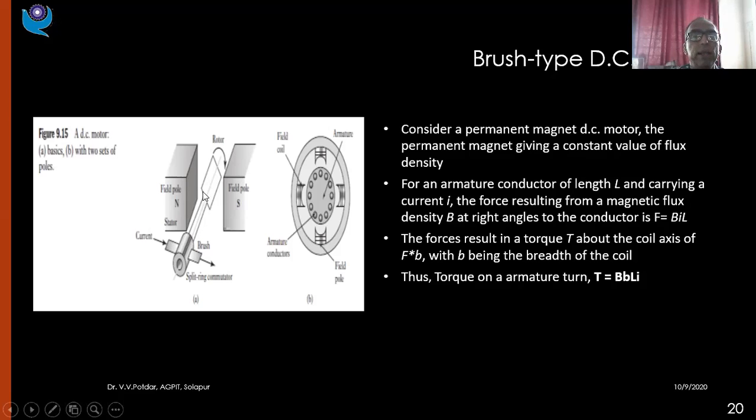Now this is a single coil that is shown here, a single coil on the rotor. This is also called the armature. So this is a single conductor. Like that, I'll be having a number of conductors on the armature. They'll be forming a loop, starting from this end, forming a loop and coming back from this end. Starting, forming a loop and then coming back. So this is how a number of loops are used on the rotor windings.